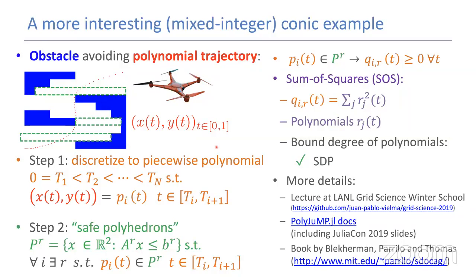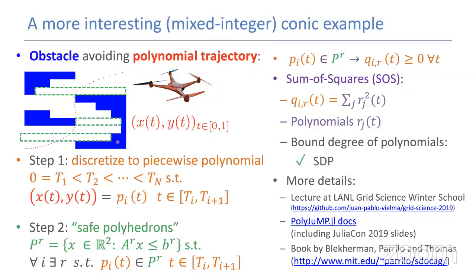The problem that I'm looking at is basically the control of a drone, some automated drone. I want to control this drone so that it avoids some obstacles that are shown here in blue. The way that I'm going to describe the trajectory of this drone, thinking of it just in 2 dimensions, is its position with respect to time. I'm going to expect that the position is some continuous function of time. It could be a polynomial, but a polynomial won't give us enough freedom to avoid the obstacles.